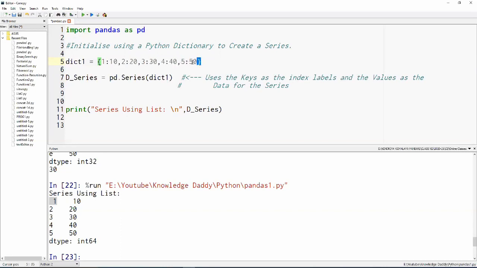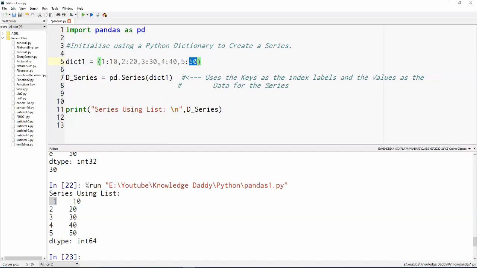These are the 5 values which we have, right? So it assigns all the keys to the index level and the values of the key-value pairs into the data part of the series. It does that directly. You do not have to provide anything.